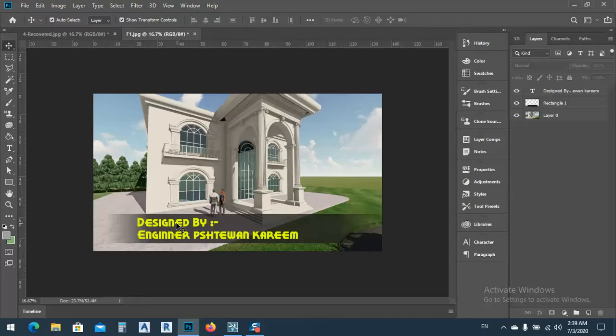Just finish it. You can put your mobile number if you want, or whatever you want. You can put your logo, any kind of things we can do with that. So I think now it's good. This one is very good, so we can just save it,